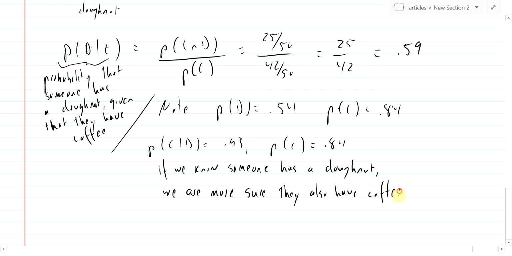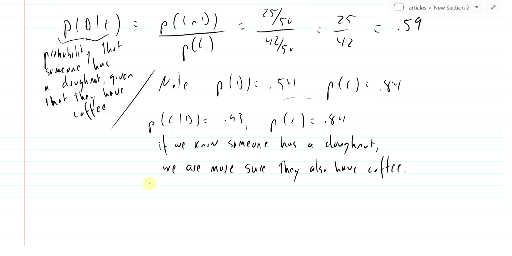Because if we just look at the 50 people going into the coffee store, what do we know about going into this coffee shop? 84% of them come out with a coffee. But if we know they come out with a donut, we're actually much more sure, well, 9% more sure, that they also come out with coffee. Someone who comes out of the store with a donut, we're 93% sure that they actually have coffee as well. So the probability of knowing whether or not they have coffee goes up if we knew that they had a donut. Likewise,